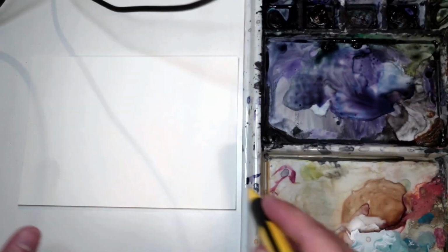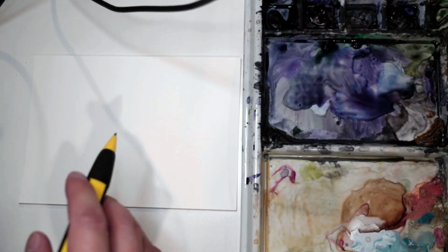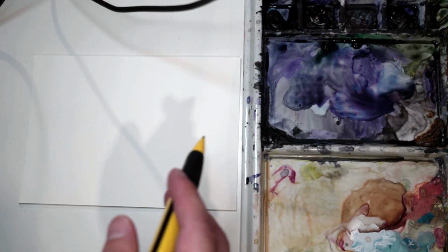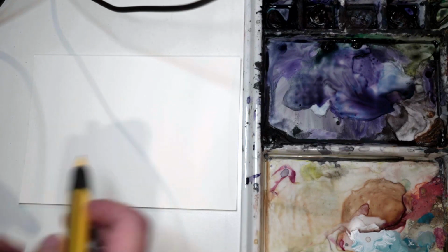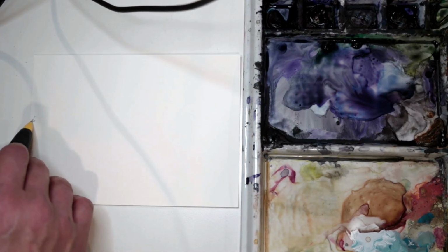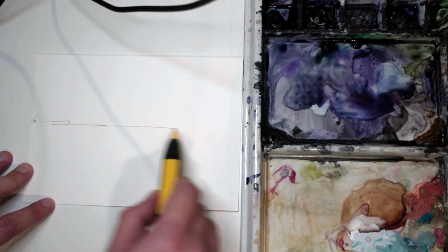If you want to follow along with me, I'm just going to make this one up. I'm just going to make up a quick little scene, okay? It's kind of going to be a simplified sunset scene, okay? So grab the pencil and I want you to just draw in a horizon line